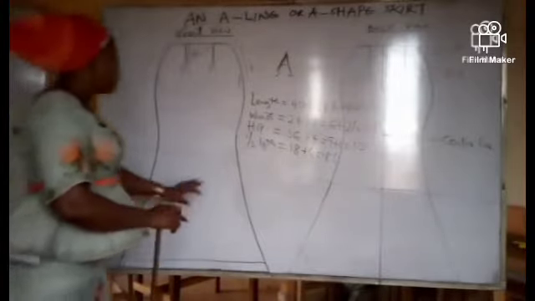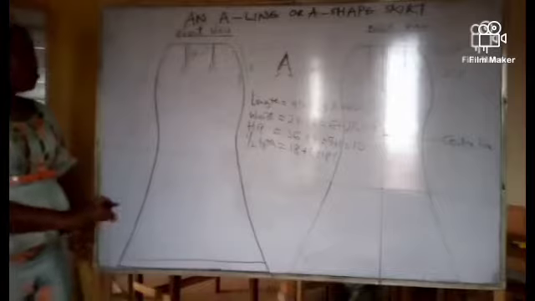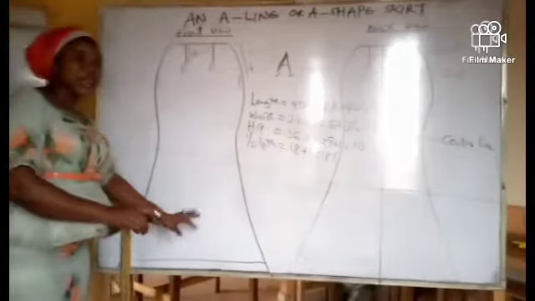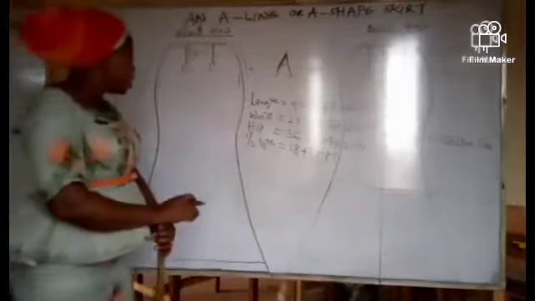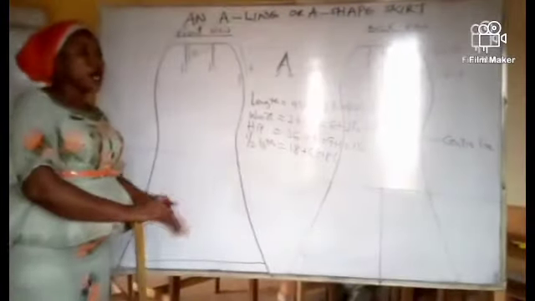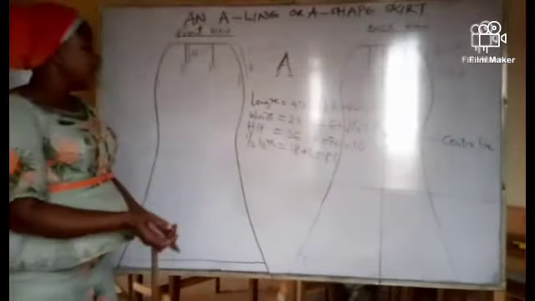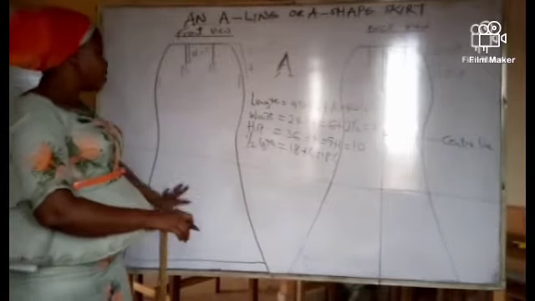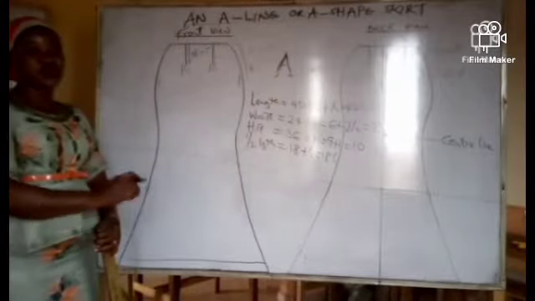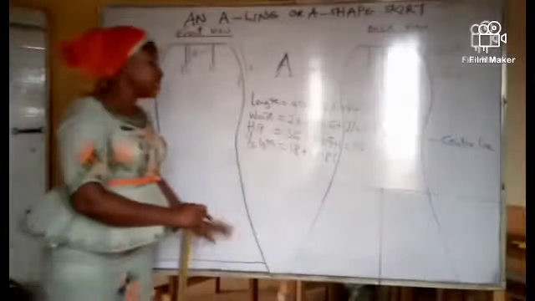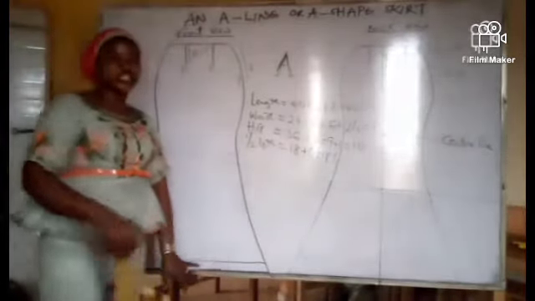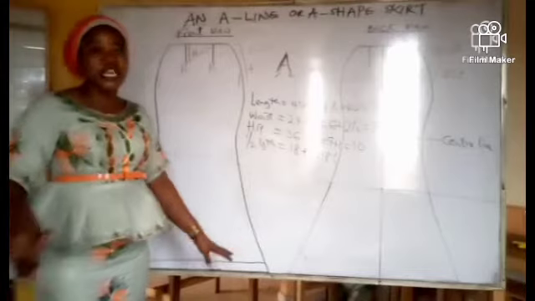So before we can have these wider branches at the lower part, we are going to add additional inches to the lower part of the skirt before it can give us this kind of shape. Because if you don't add to the lower part, the skirt cannot give us exactly this shape. The skirt will be maybe like a pencil skirt. But when you add to the lower part of the skirt, it will give you this shape. The inches you are going to add to the lower part will be determined by your customer. We have some customers that like the down of their skirt to roll very well on the floor, to be very big. And we have some that